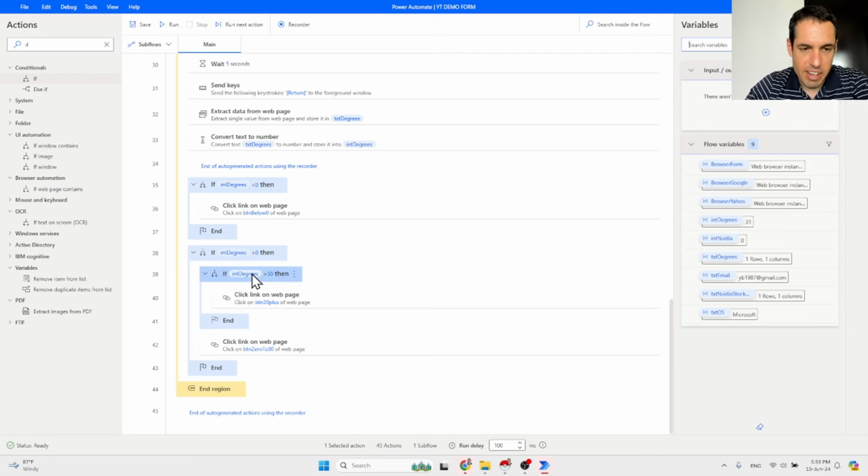What happens here is that I did the logic incorrectly. So basically, as you can see, it checks if the degrees are above 0, which is correct. Then it checks if the degrees are above 31, which is correct. It clicks this button, but then it also clicks this button because I didn't add an else. So basically what I need to do is add an else, because in this case, if it clicks here, we don't want it to